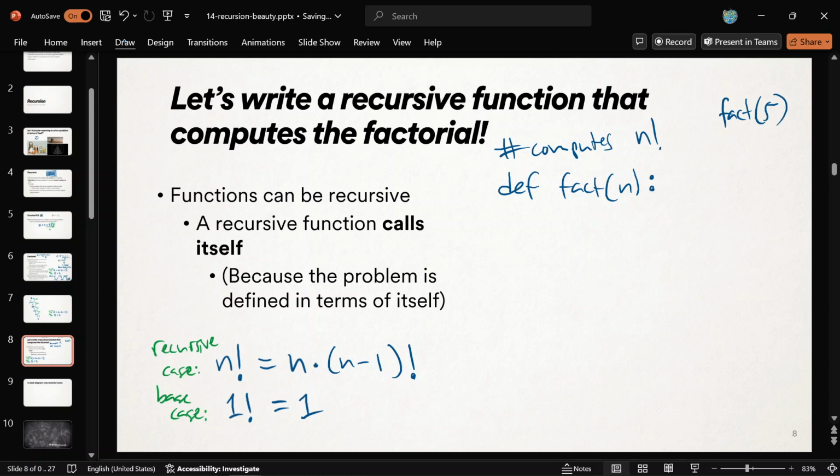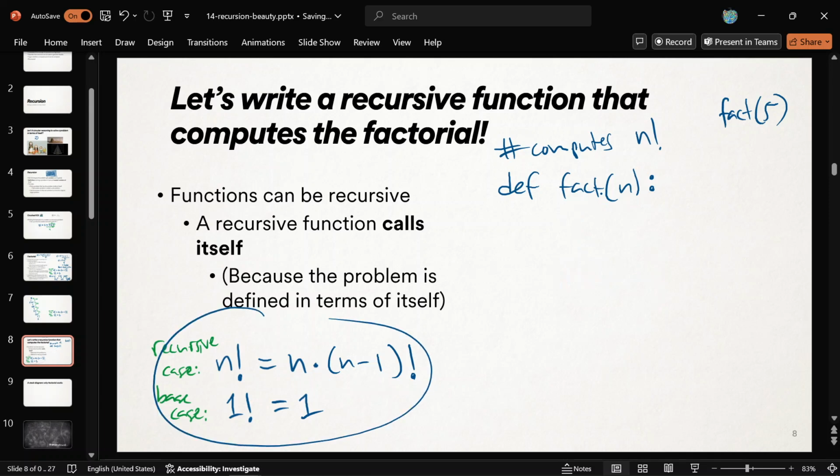But this is a recursive problem, and so this is going to be a little weird. Inside of fact of n, we're going to call ourselves, because we're the smaller problem. We are the factorial solvers. We're going to call ourselves on a smaller version of the problem. It's going to look very odd. We're going to call fact of n minus 1 inside of the definition of fact of n, which is very odd. We've never seen that before. It's really weird, but really cool. It's going to work, all right? That's just because it's defined in terms of itself. Somebody asks for n factorial, we're the ones computing factorial, we have to call ourselves. That's the only way. Okay? Our hand is forced.